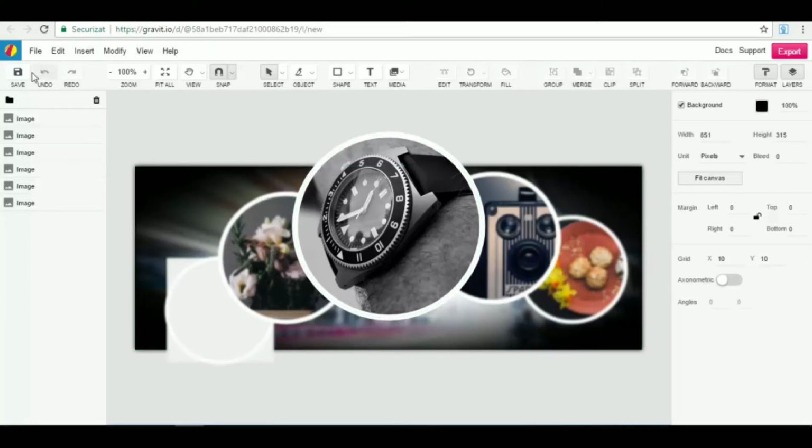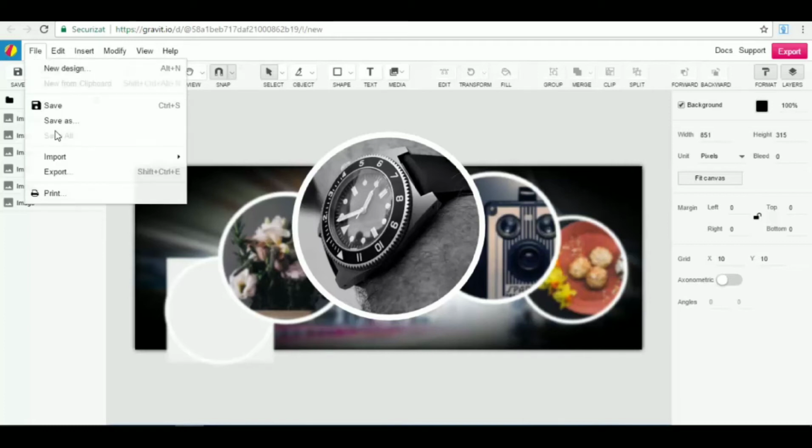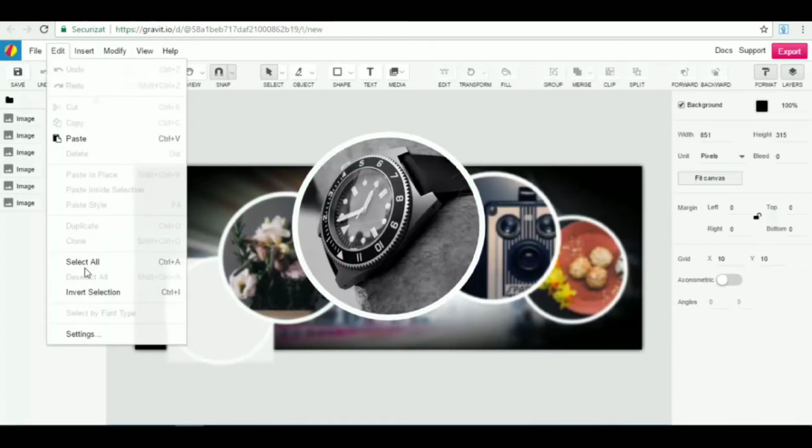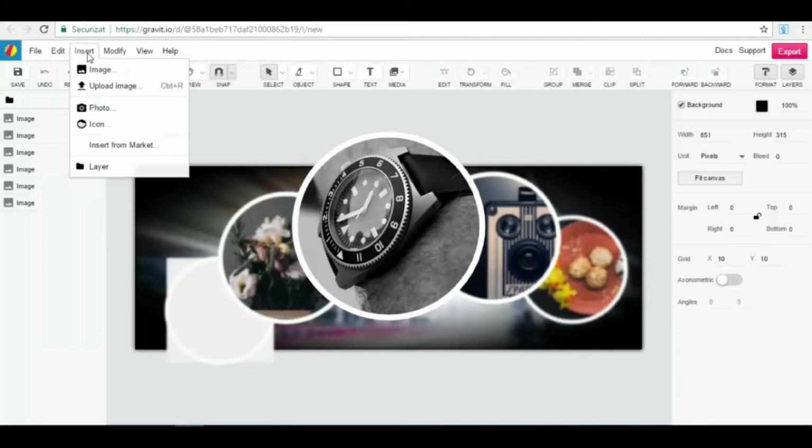And as you can see, the editor looks pretty complex. Here in the left side menu, you can see all the elements that you have included in your canvas, so to say. Here in the upper part, you'll see that you have a menu with File, where you can basically save your project, editing options, Insert. From the Insert section, you can insert different images into your project. You can upload your own images, you can insert photos. You will see that you'll also have some stock photos given by them for free. Icons, the same thing. You will see that you'll have a set of icons for free that you can use. You can insert from Market,